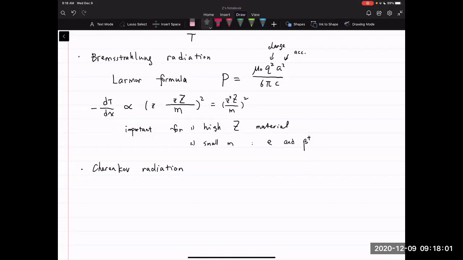Cherenkov radiation refers to radiation generated by a moving charged particle with a speed more than the speed of